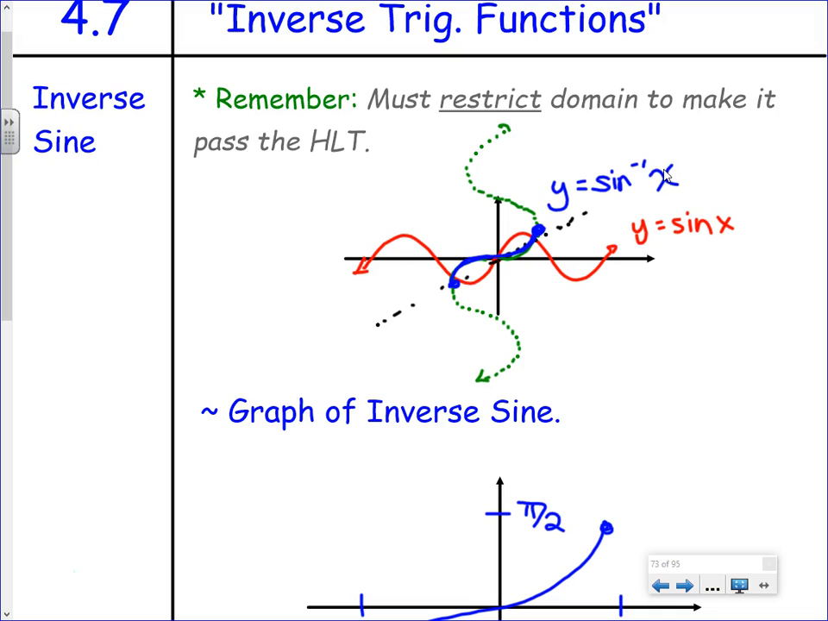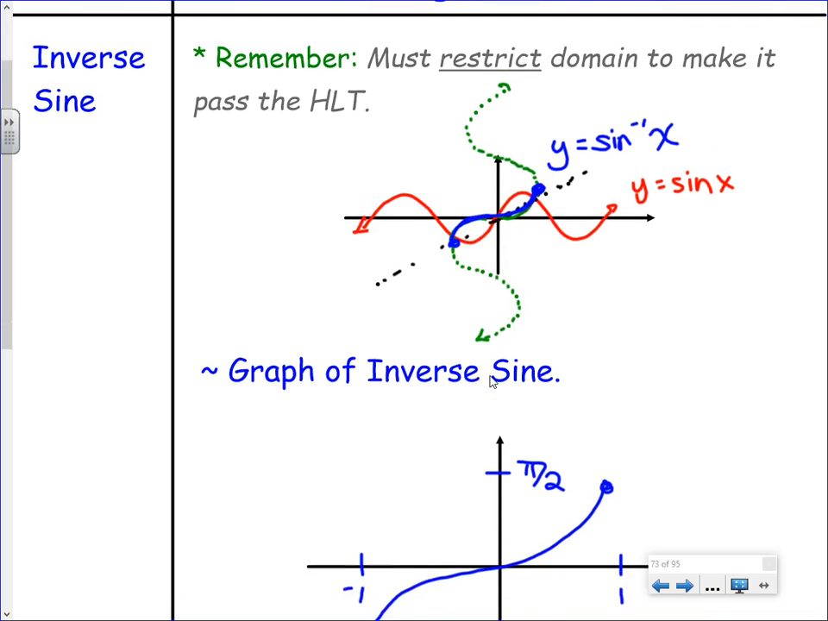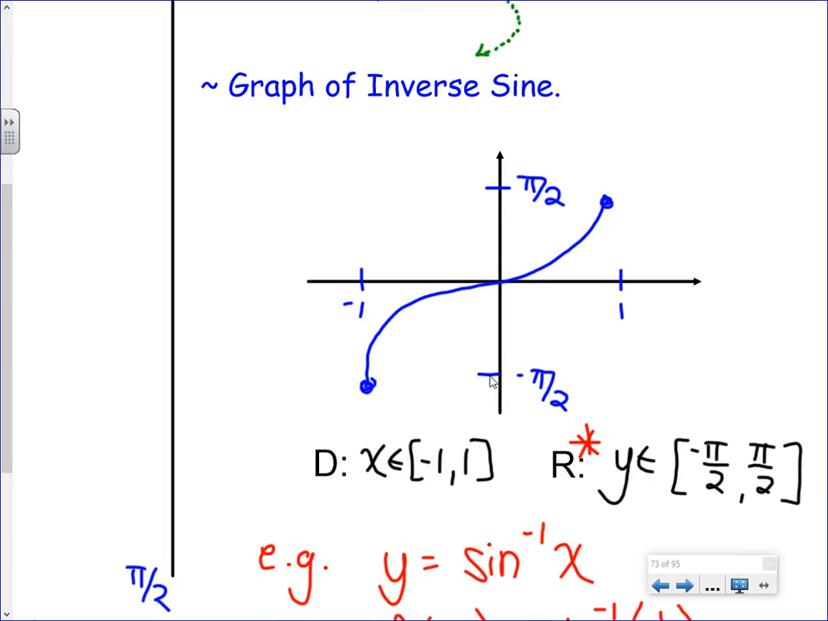But what we noticed first off on Friday was that if we just flipped the graph of sine, we're in big trouble because this green one is not a what? It's not a function. So we cut it down. So inverse sine, the function inverse sine, which I would write as,